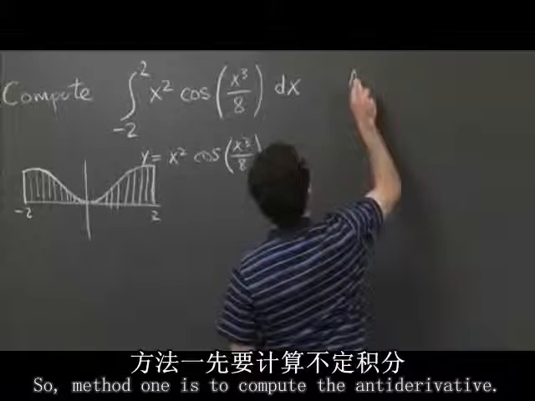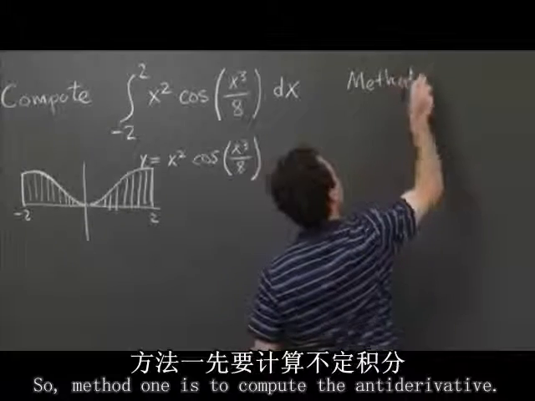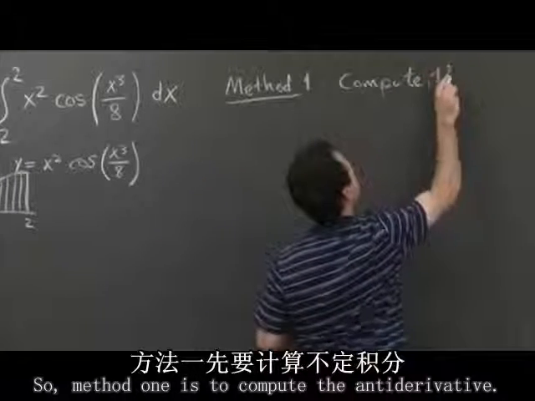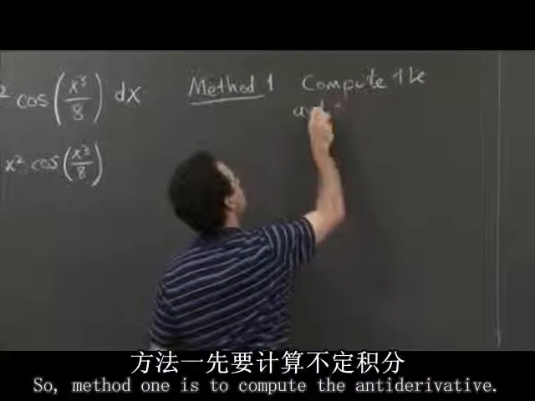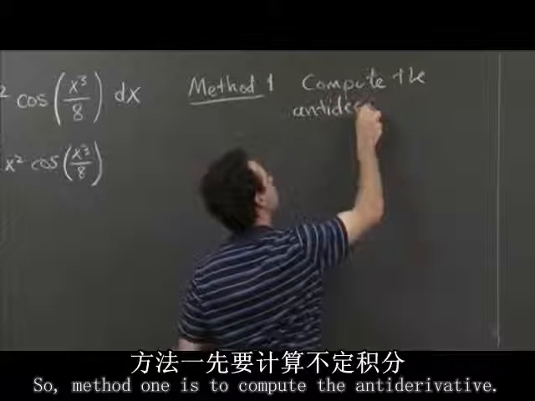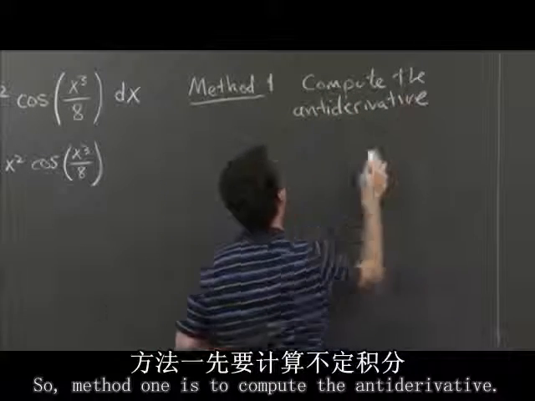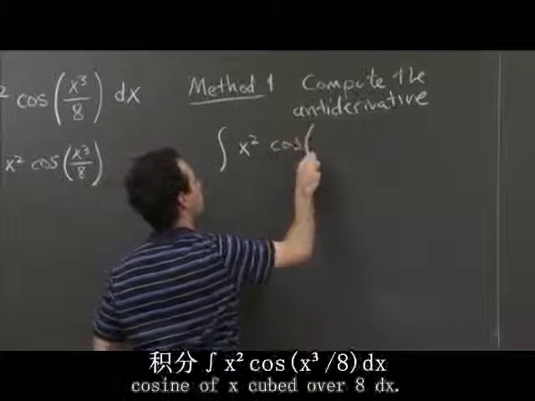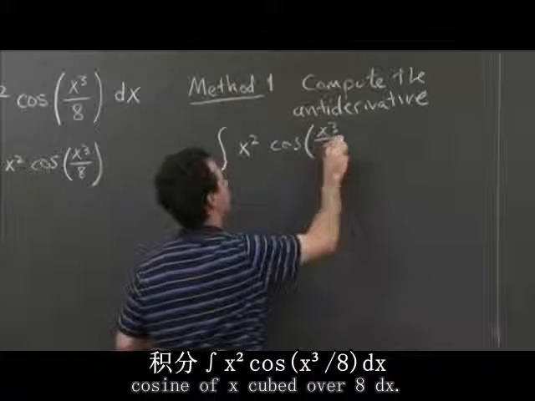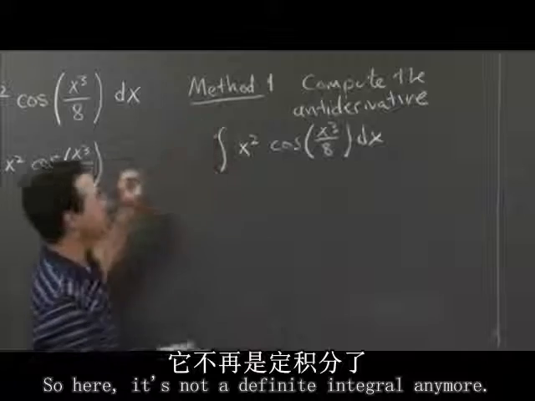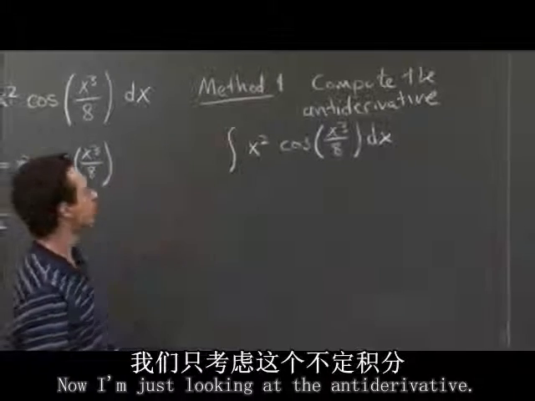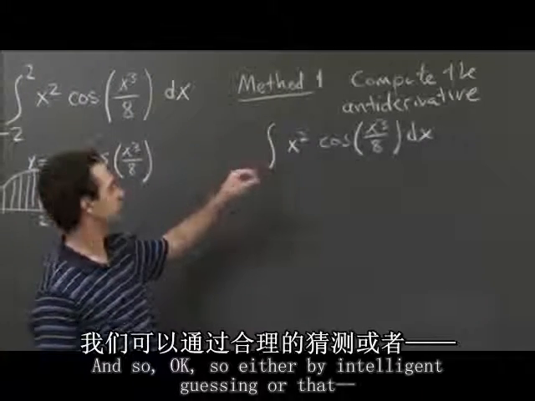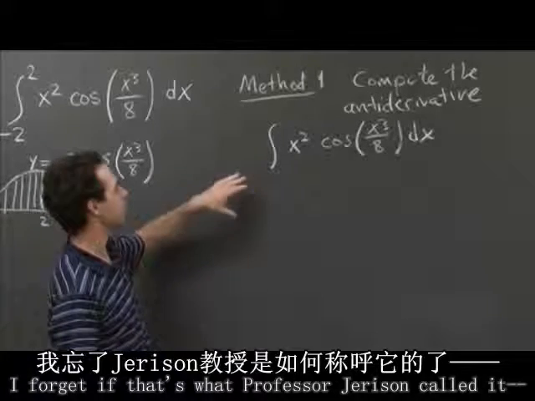Method one is to compute the antiderivative. So we compute the antiderivative of x squared cosine of x cubed over 8 dx. Here it's not a definite integral anymore. Now I'm just looking at the antiderivative. And so, either by intelligent guessing, or by just a substitution method,